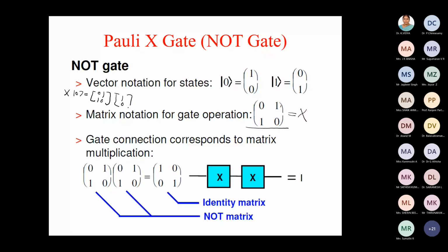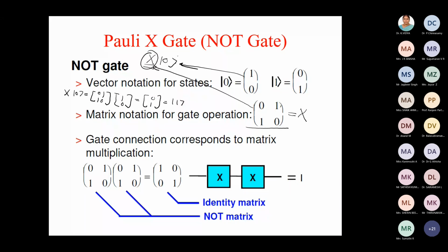One zero. So if you do this matrix multiplication, simple multiplication, then you will be getting result 0, 1. And this 0, 1 is nothing but one state. Are you seeing this thing? So whenever you want to apply some quantum gate, here the gate is X. So just need to apply X on 0. You will be writing the matrix representation of X, that is this, and matrix representation of 0, that is this, and just multiply it. So on multiplication, we are getting matrix 0, 1, and it is corresponding to state 1.